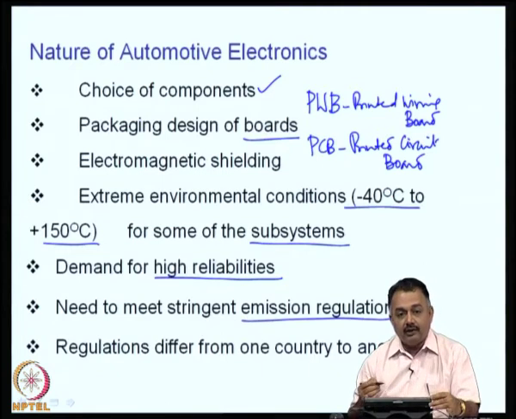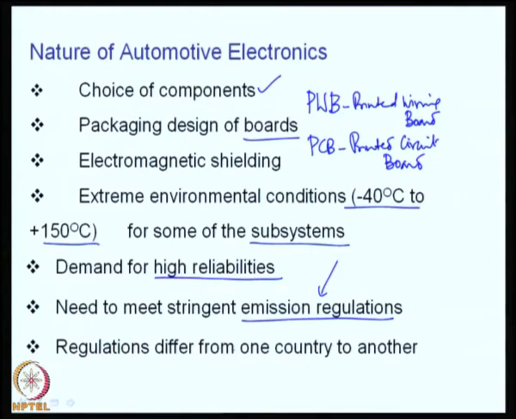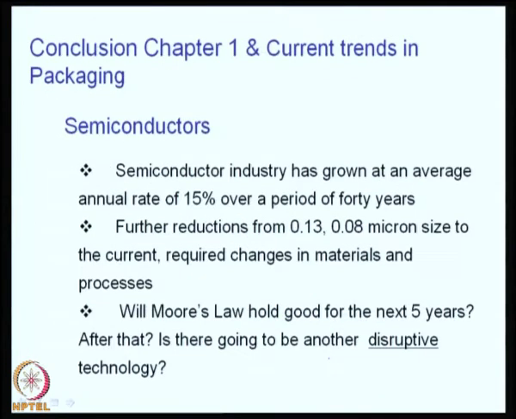These are outside the purview of electronics, but at the same time your controllers, the mechanism of working of the fuel injection controller and other subsystems will have a direct reflection on the measurements that are done for emission and so on. Obviously, fuel is the first important thing to have a clean fuel and therefore, a clean emission, but the electronics also plays a great part in monitoring these activities or figures. These regulations differ from one country to another.